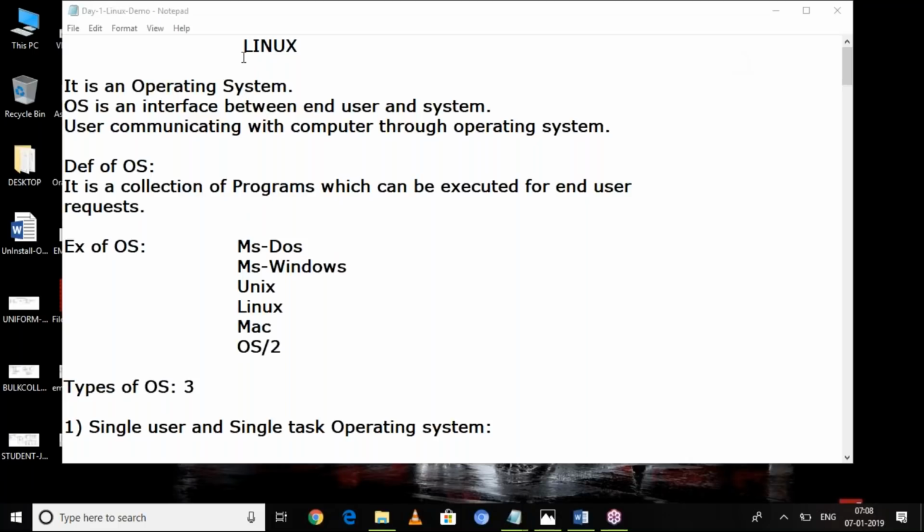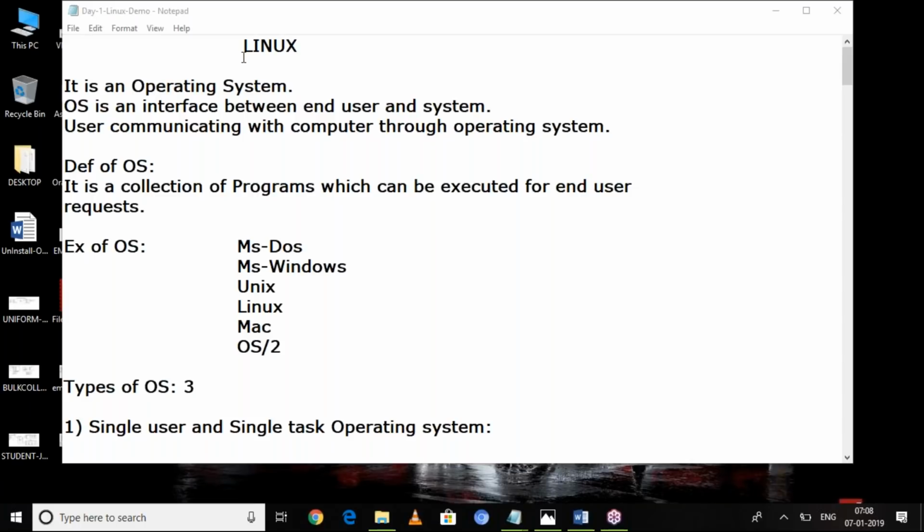Today we are going to discuss a demo session on Linux. What is Linux? Why Linux? And how is it better than Windows for your project, or what is the importance of Linux in your companies? Why are people preferring Linux? So today we will discuss that point. At the end of the session, we will discuss what topics I will cover in our training.